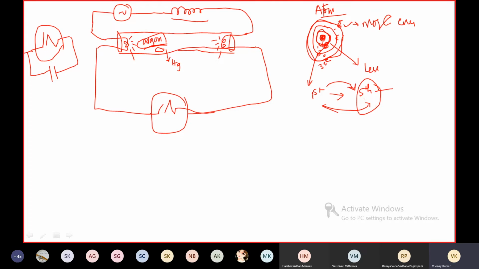After that, it will come back to its original orbital. When it is coming back to its original orbital, this electron releases energy in the form of photons. Likewise,